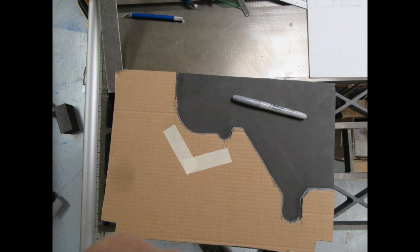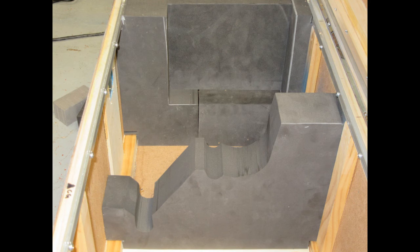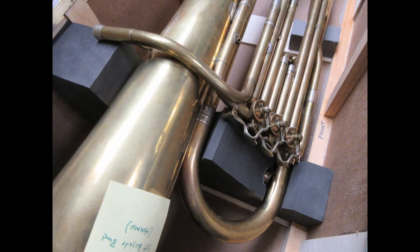The cardboard pattern is then transferred to the foam block. Again, I use a silver metallic fine point Sharpie marker for this. The foam is then cut to the pattern and returned to fit in the case. I find that a bandsaw is best used for cutting the foam, but other kinds of saw can also be used. The instrument is again returned to the case to verify fit, but this time the new pillow block is